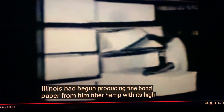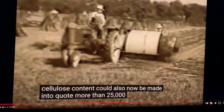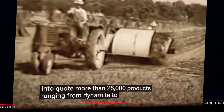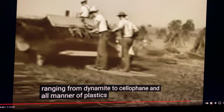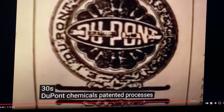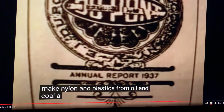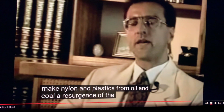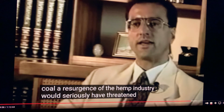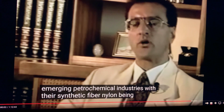A factory in Illinois had begun producing fine bond paper from hemp fibre. Hemp with its high cellulose content could also now be made into, quote, more than 25,000 products ranging from dynamite to cellophane and all manner of plastics. But in the mid-30s, DuPont Chemicals patented processes to make nylon and plastics from oil and coal. A resurgence of the hemp industry would seriously have threatened the emerging petrochemical industries, with their synthetic fibre nylon being